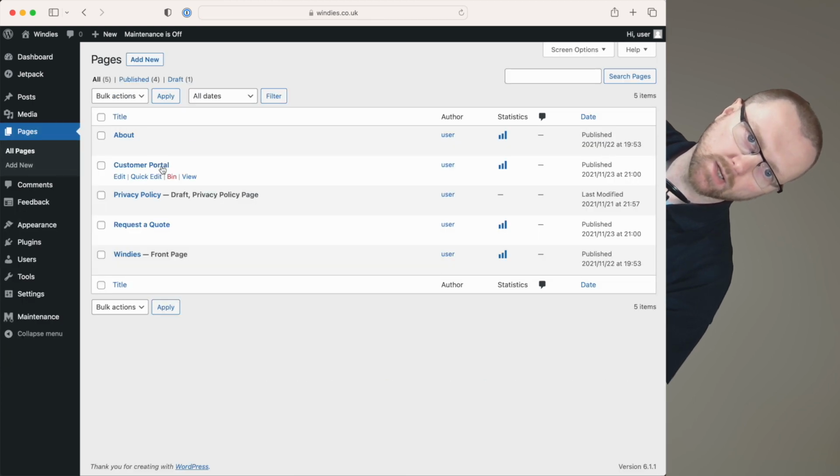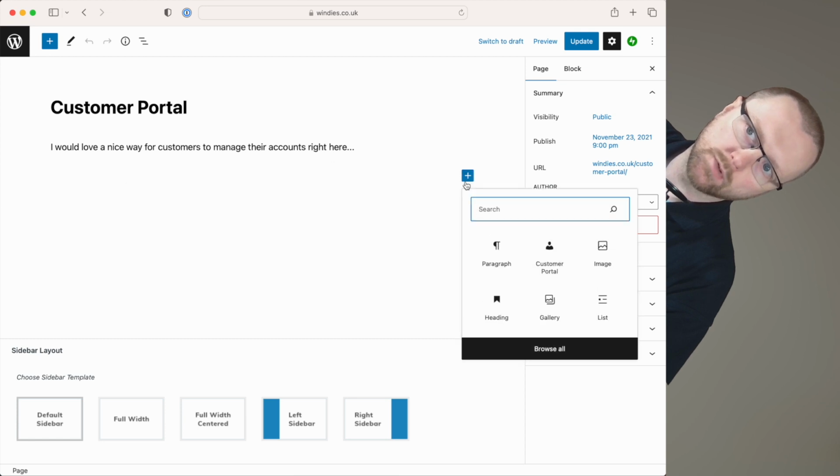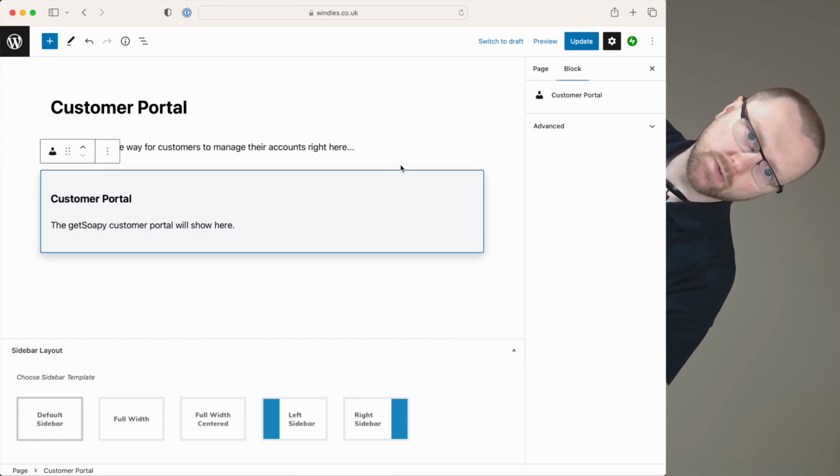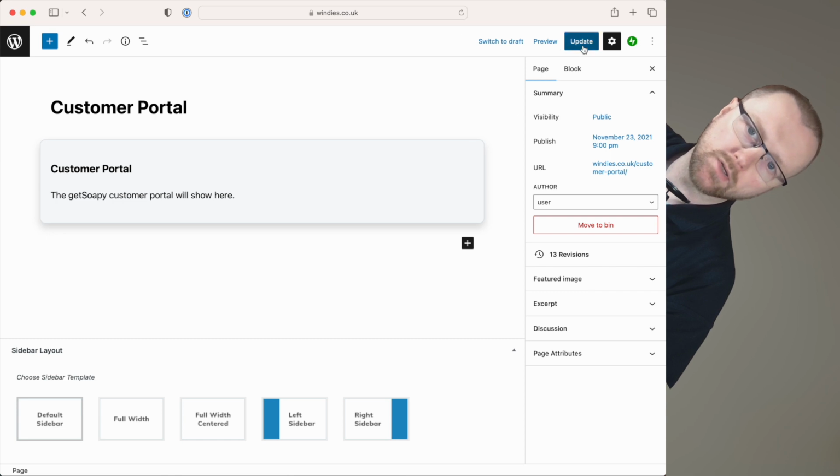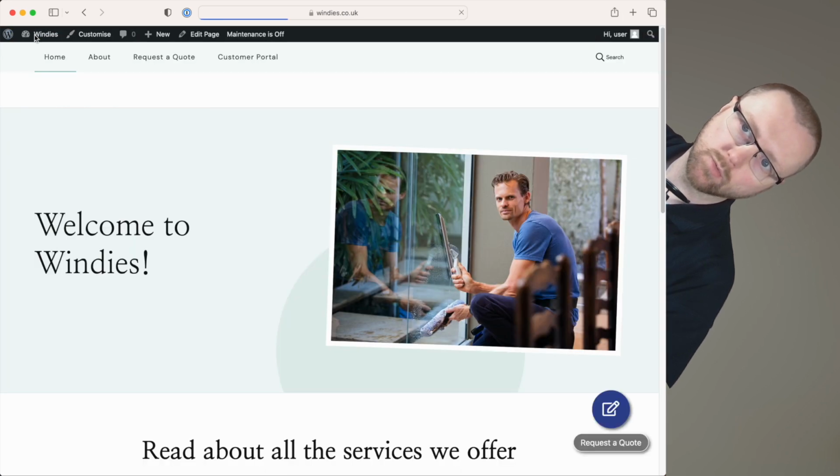a new block and search for getSoapy. You can see the three widgets we have available: Quote, Payment and Customer Portal. I'm going to select Customer Portal and save the page. If we look at this page from the customer's view, we can see the Customer Portal widget is here,